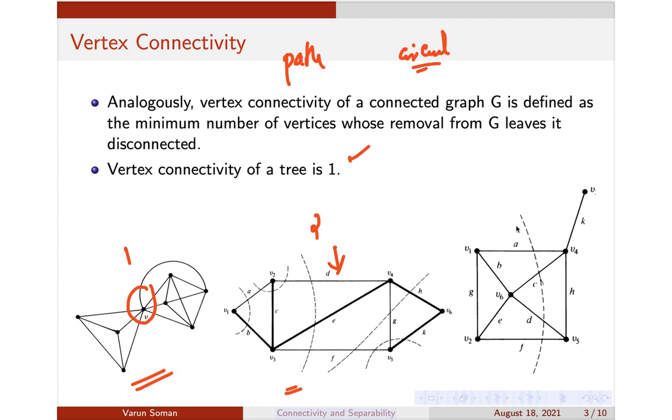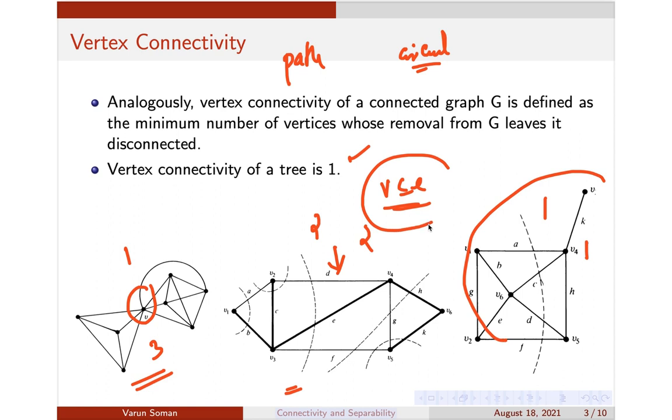Similarly, what is the vertex connectivity of this graph also here? Again, it is 1. I hope it is clear. Just write it. As I told you, the edge connectivity of this graph was 2, the edge connectivity of this graph was 1. The edge connectivity of this graph is not 1, it is more than that. I think it is 3 or something like that. Try to find the edge connectivities of this graph also. So you can see a connection here. Always, we'll come to that later, the vertex connectivity is always less than or equal to the edge connectivity. This is just for an understanding that I'm telling you.